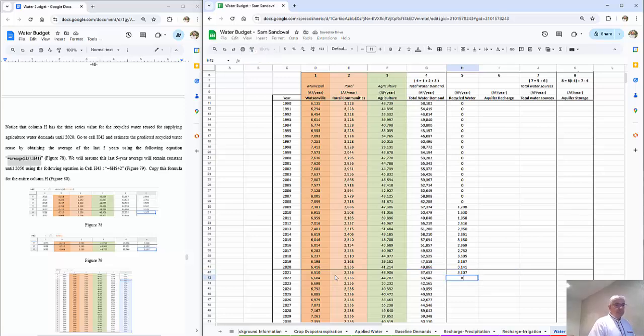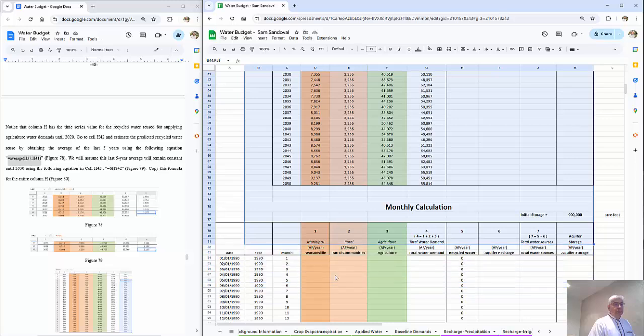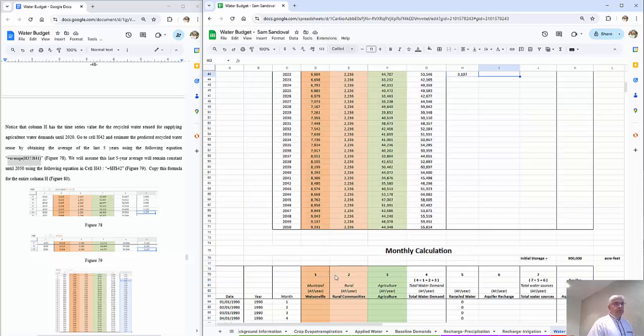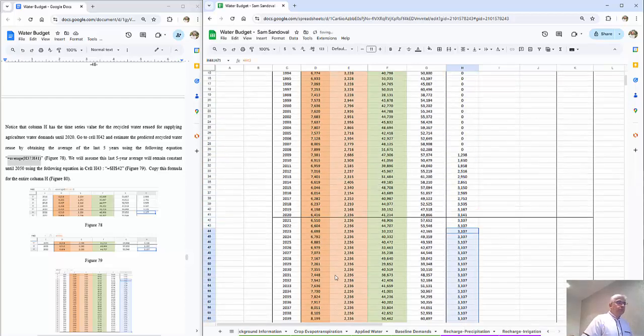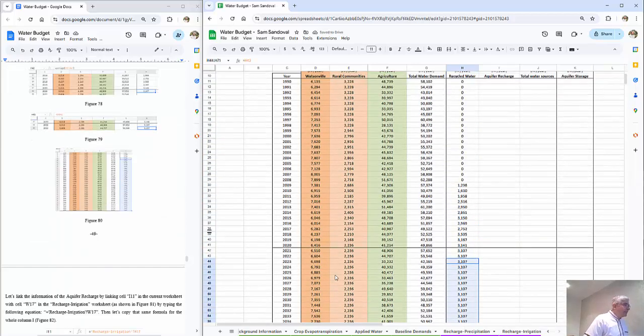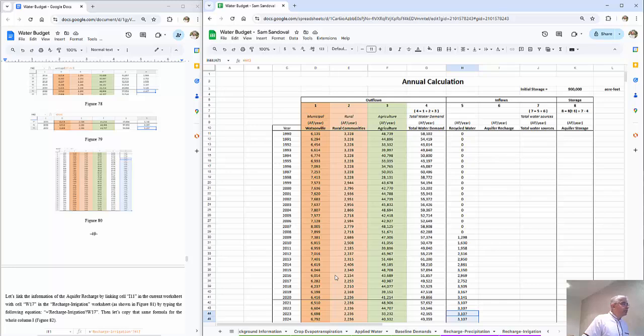Okay. There you go. So we have now the time series data from recycled water,